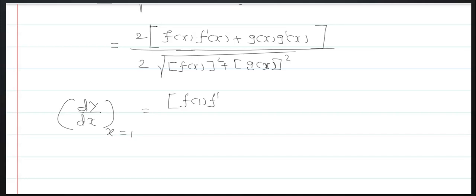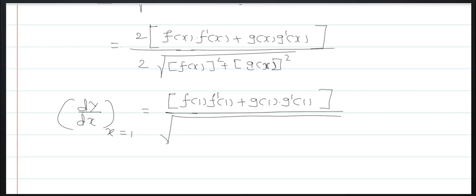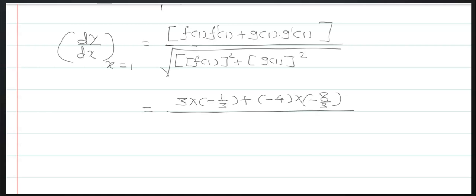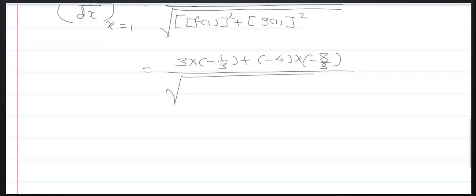And now substitute the value, we want to find it at x equals 1. Replace x by 1: f of 1, f dash of 1, g of 1, g dash of 1, f of 1 squared plus g of 1 squared. Their values: f of 1 is 3, f dash of 1 is minus 1 upon 3, g of 1 is minus 4, g dash of 1 is minus 8 upon 3, and this whole is divided by 3 squared